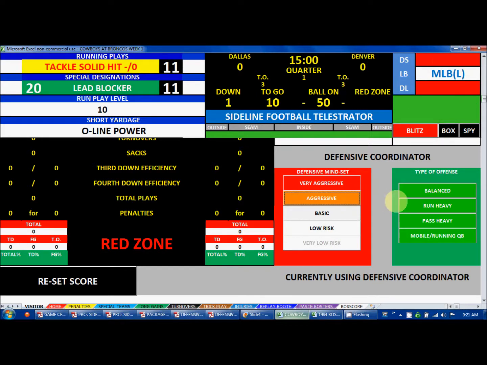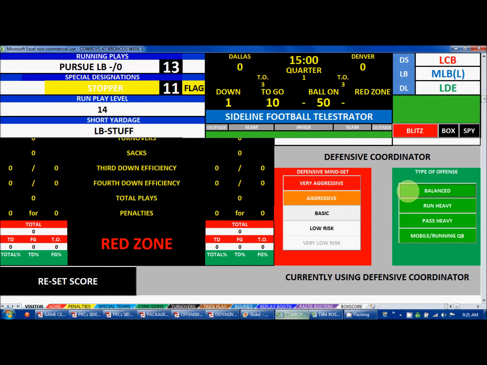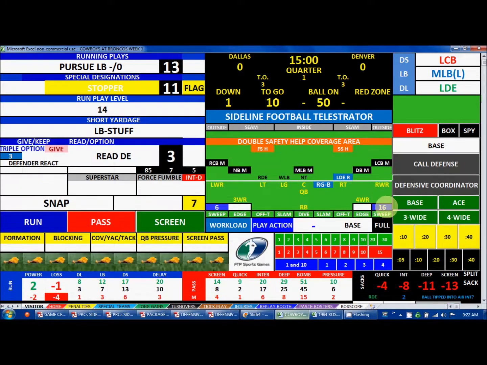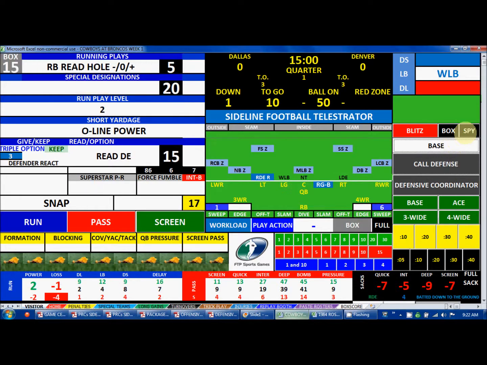What type of offense is Dallas? Well, usually they're pretty balanced back then, right? With Tony Dorsett and either Danny White or Gary Hogeboom throwing the ball. Once you determine the D coordinator and the offense they're facing, and you click those buttons, you slide back to the top. And you'll notice that you've got 2 options here. Call defense, that's if you want to make the calls yourself between the base, spy,